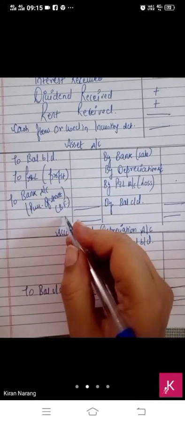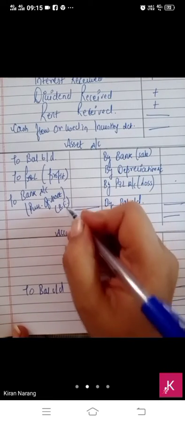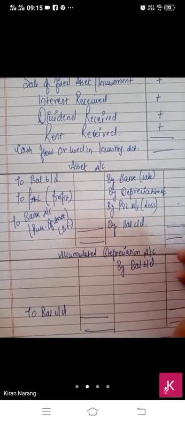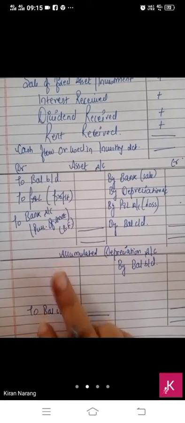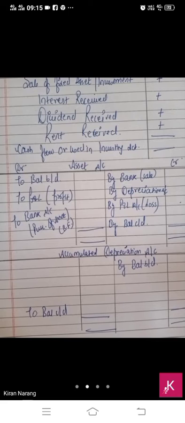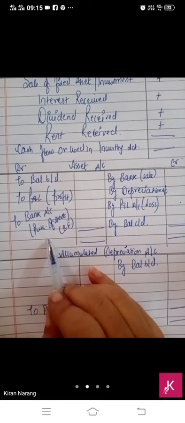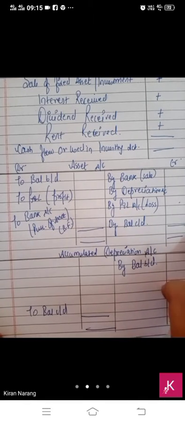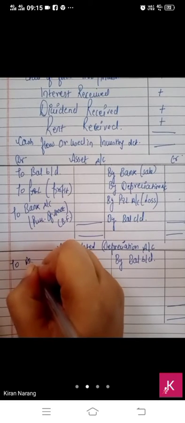If purchase is given in the question, then maybe sale is missing or depreciation or loss is missing. Anything can be there. Maximum 4 items can be written on credit side of an asset account, and maximum 3 items can be written on the debit side of an asset account. Okay, bache? Balance brought down, profit and purchase, sale, depreciation, loss and balance carried. Now come to the depreciation account. Here we will record only one thing, to asset account.